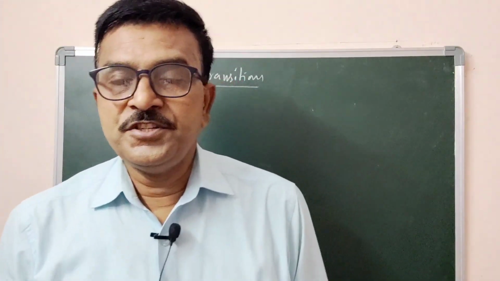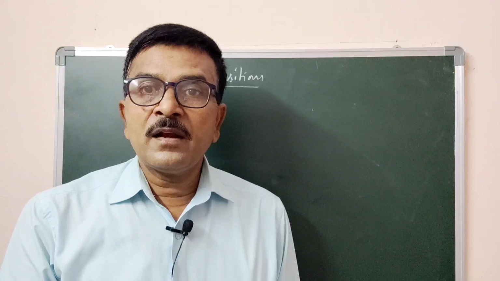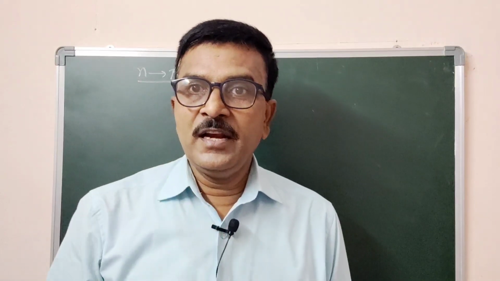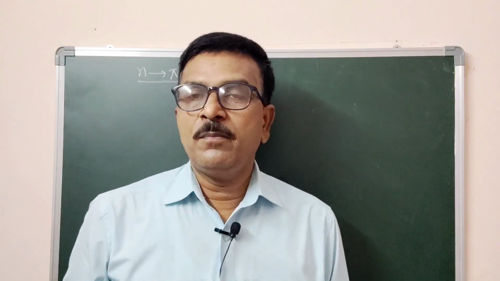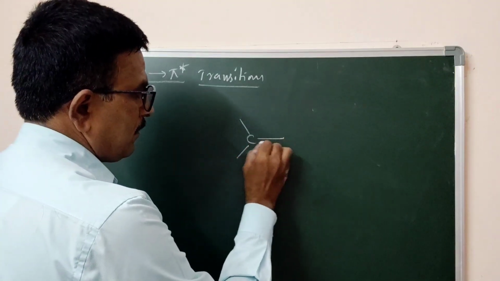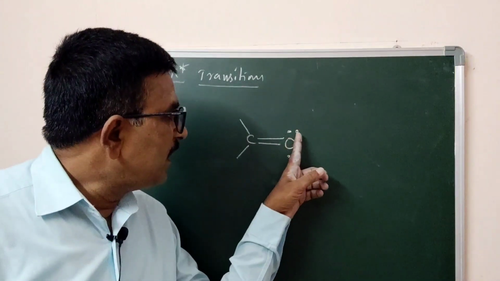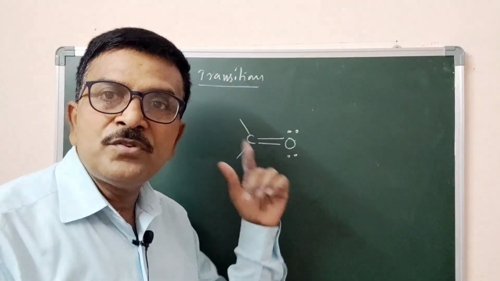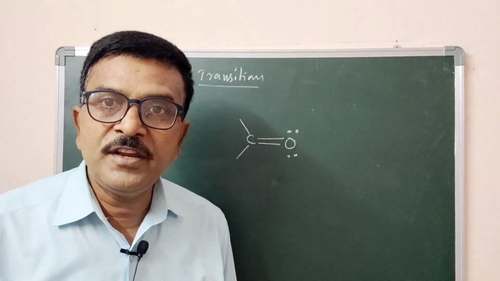Now this type of transition becomes possible for a molecule which contains both non-bonding electrons as well as pi electrons. Example, you take carbonyl compounds, which contain both pi electrons as well as non-bonding electrons. Say this is a carbonyl compound where it contains non-bonding electrons as well as pi electrons. Now such compounds undergo n to pi star type of transition. We can show it as